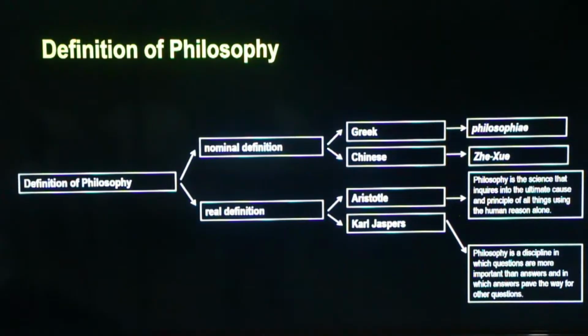Now, we will take a look at the real definition of philosophy given by Aristotle, in which he defined philosophy as the science that inquires into the ultimate cause and principle of all things using the human reason alone. Now, this definition implies that, first, philosophy believes so much in the capacity of human reason to explain and understand the things around us, literally everything around us. So that's the first implication